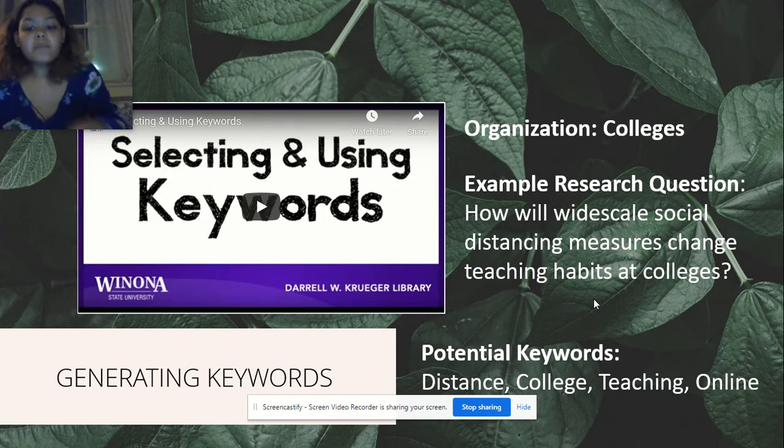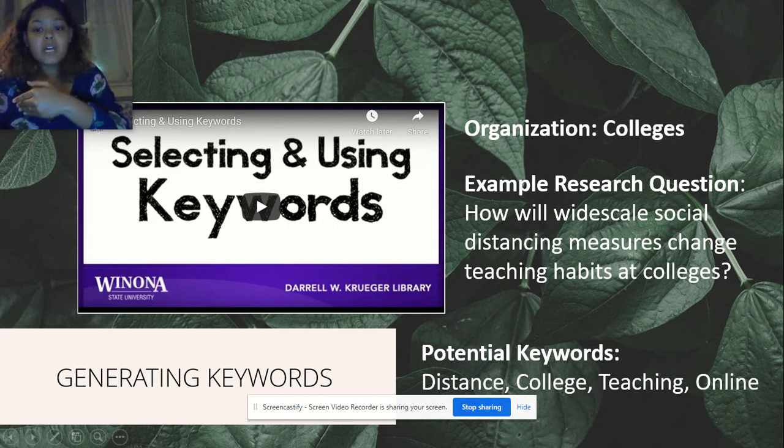So potential keywords I might use are distance. Online learning is sometimes referred to as distance learning, but I have the background information to know that. And then college, obviously, I want to make sure I'm not getting information about online teaching in the K through 12 system or the homeschool system. And then I obviously want to clarify that I'm thinking about teaching specifically. So really quickly,